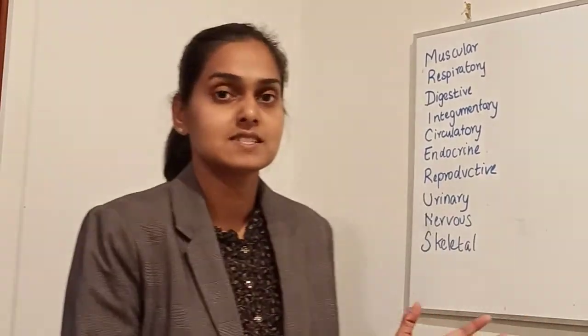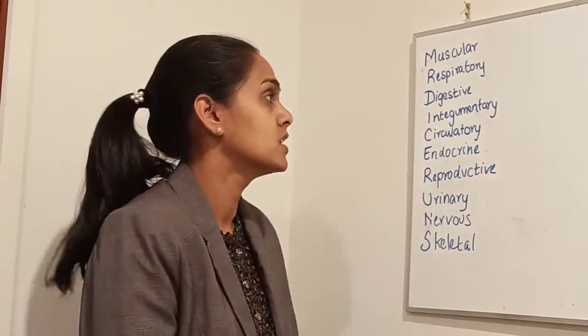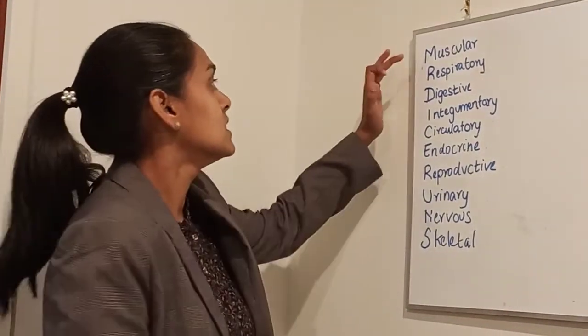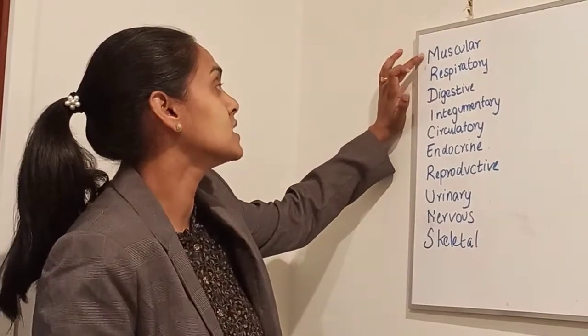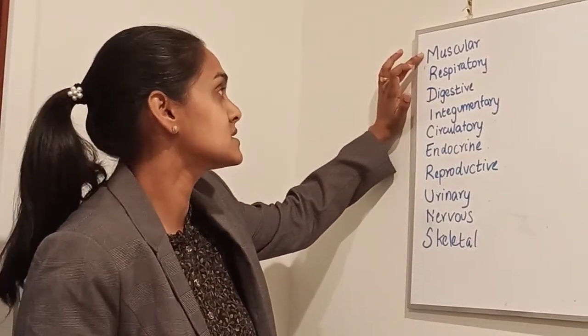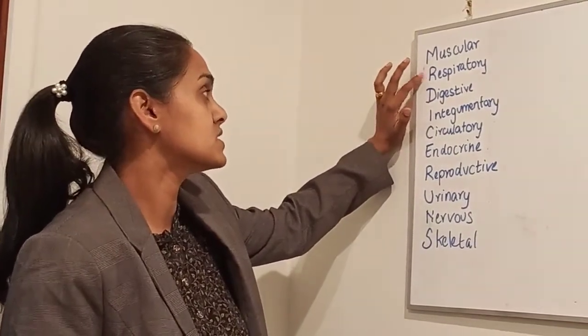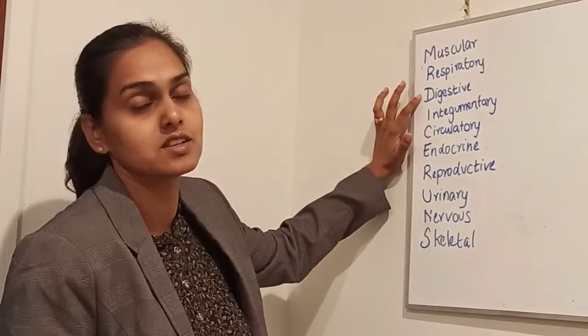While generating a list, you want to consider two main things: the systems that could possibly be involved and mechanisms that could be producing such symptoms in our patient. First, let's consider the systems that could be involved, or all the systems in the body. For this, I use the mnemonic Mr. Dice runs. In the mnemonic, M stands for muscular system, R stands for the respiratory, D digestive or the